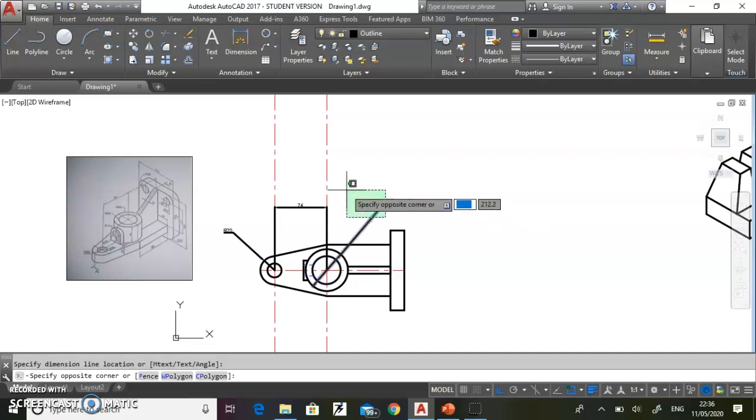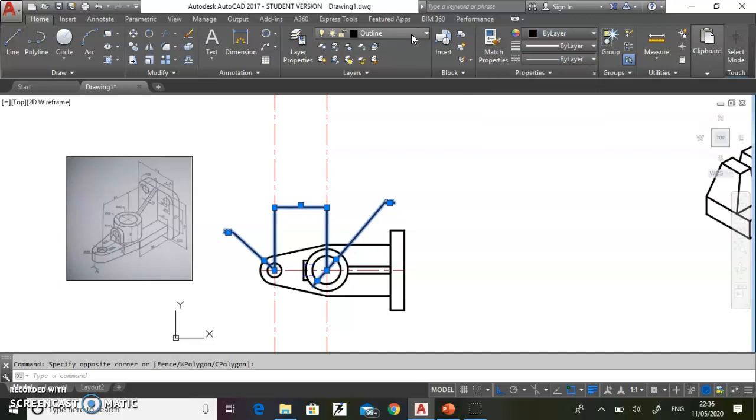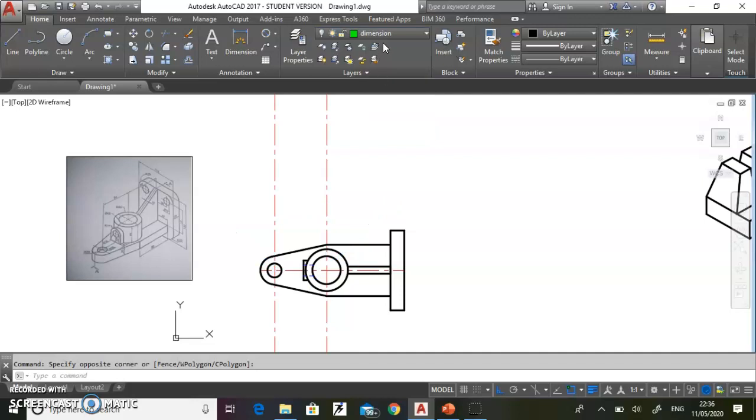Now currently what I will do is go and select these dimensions and say that this belongs to the dimension layer.